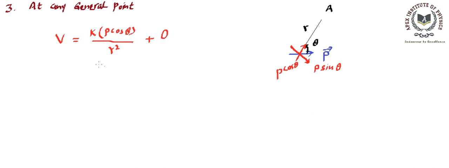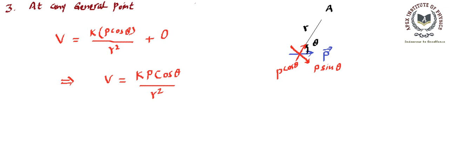So this will give us the important result. That means potential at any point due to an electric dipole is k p cos theta divided by r square,